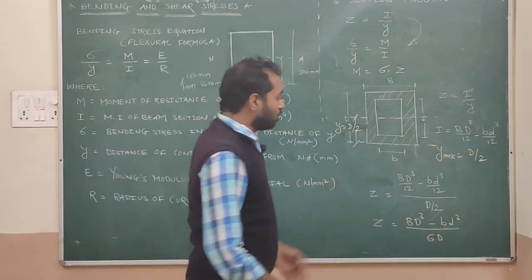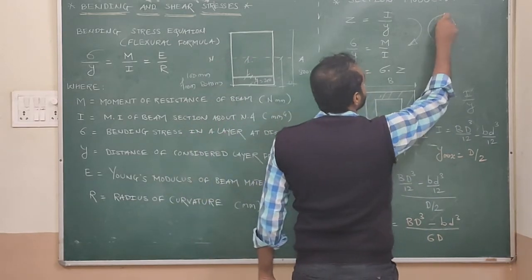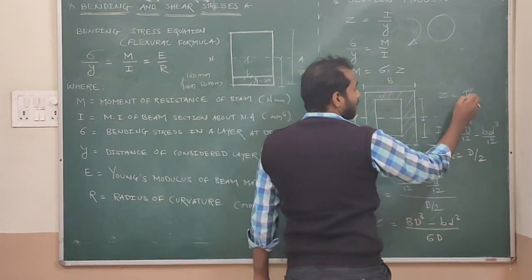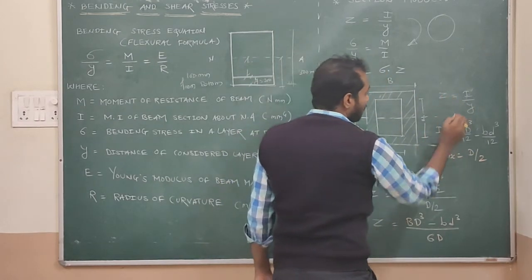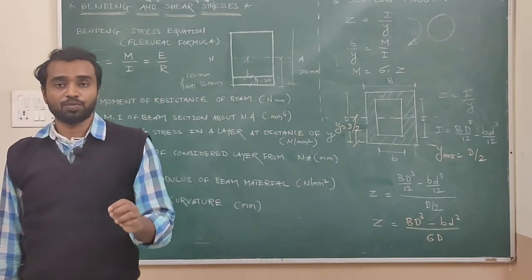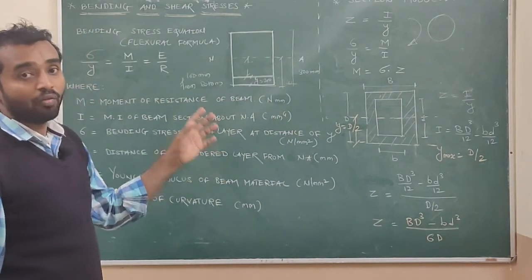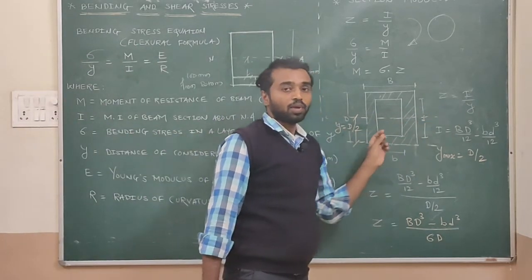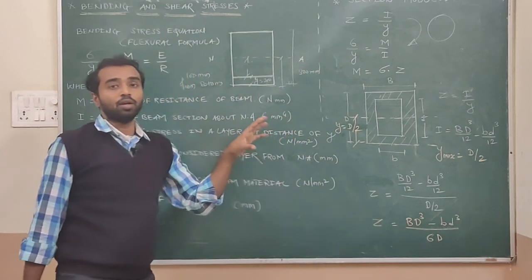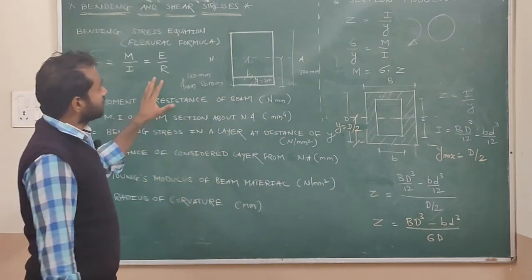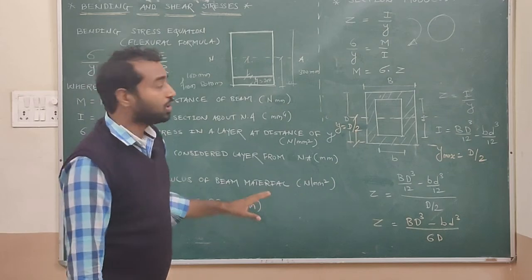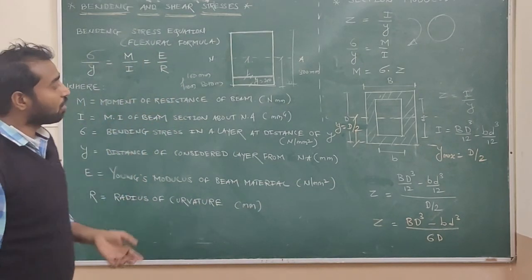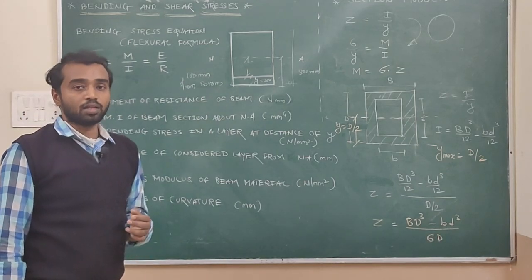If in the numerical the circular section is given, then the procedure is almost the same. You must just know the value of I and y, where I is the moment of inertia with respect to the centroid of the given element, and y is the distance from the centroid to the extreme fiber. So this is the brief introduction to bending stresses. The numerical on this we will see in the next lecture. Thank you.